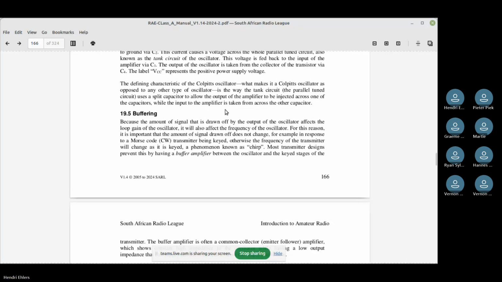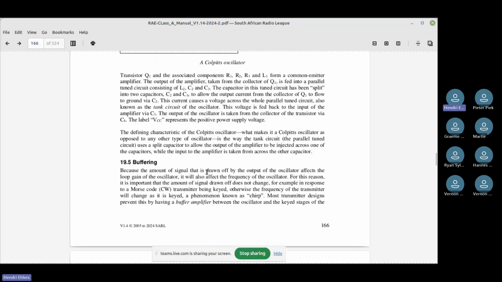You'll have a buffer amplifier to insulate or isolate the oscillating circuit from the rest of the circuitry. Here they say you can use this particular circuit for a Morse code CW transmitter, but when it's keyed and there's no buffer, it will actually cause what they call chirp, changing the frequency of the oscillator, which will make the transmission actually unusable.